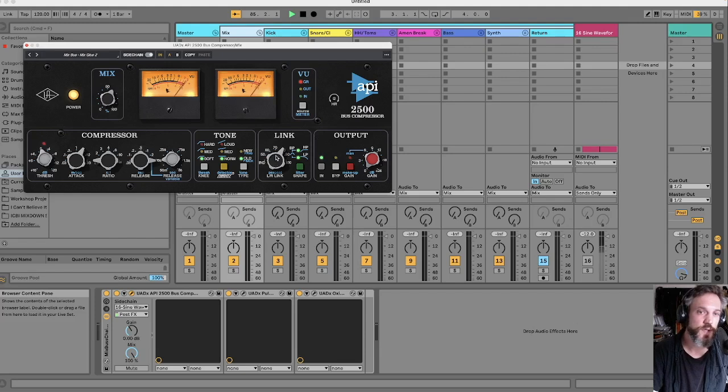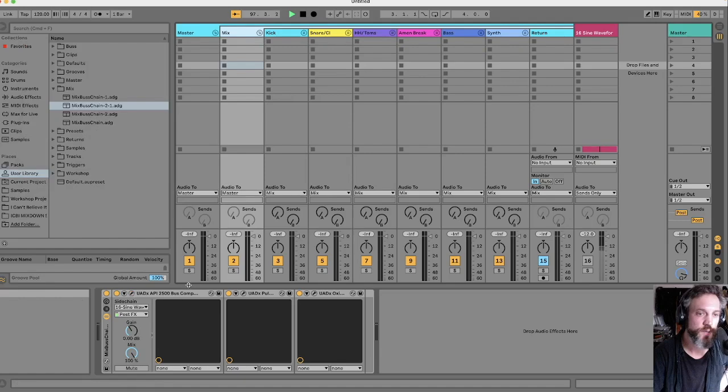And then as well, similarly, the link is how linked the left and the right side are. So this is one set to about 70%, so they can operate somewhat independently, which also helps things to sound fairly organic. So that is the UAD API 2500. It's a really great sounding bus compressor, and I will use that also